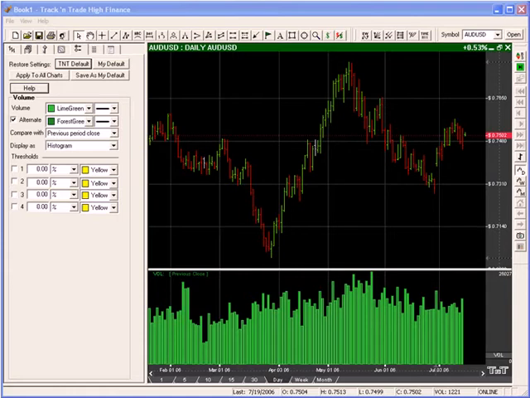Indicators have specific purposes, each one individually. Now, they're all derived from a different mathematical formula, so they each perform differently on different parts of the market. Now, in Track and Trade, we have a number of different indicators. Basically, most of the indicators that show up down here in the bottom window follow a basic fundamental strategy, and I want to highlight that for you right now.